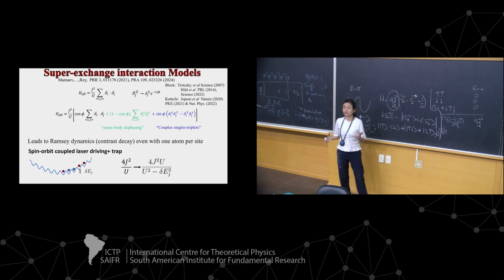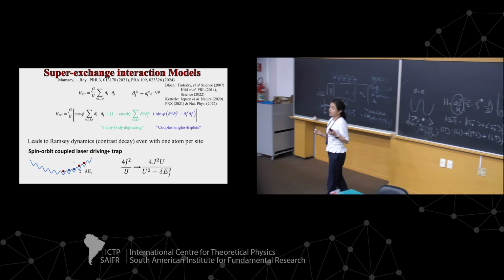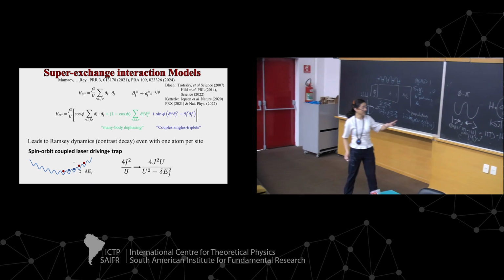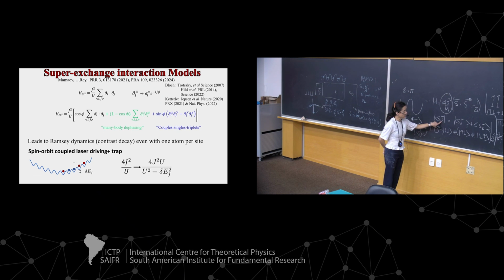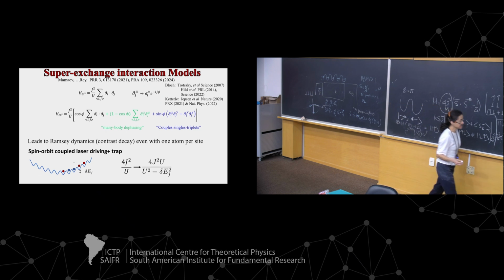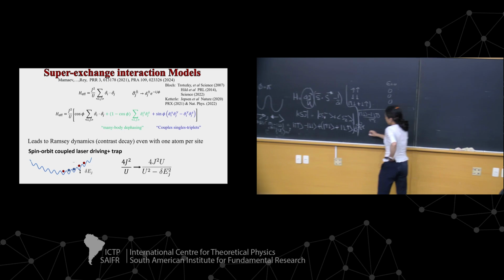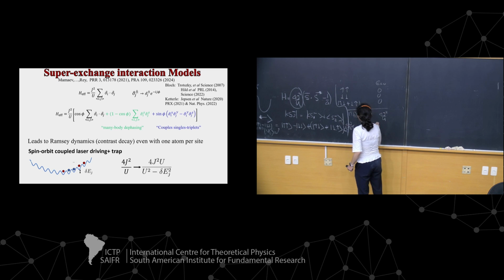Yes? And then when I compute the contrast, S minus is going to look at the population of the triplet states, because the singlet state has S minus equal to 0. So basically it's the population of the singlet states, and the population of the triplet states, when I look at the expectation value of S minus,